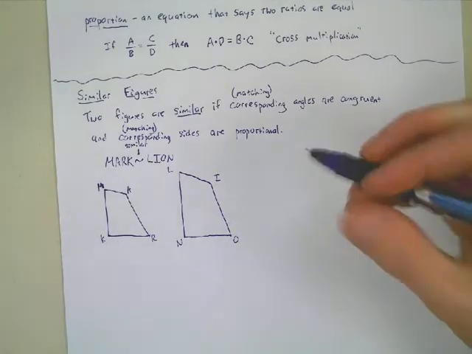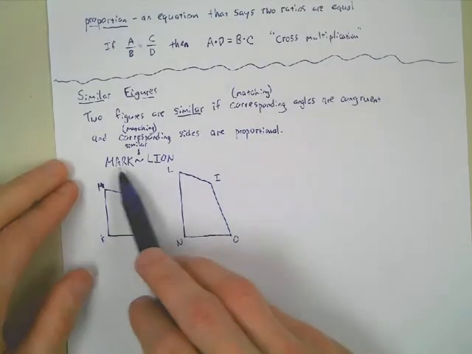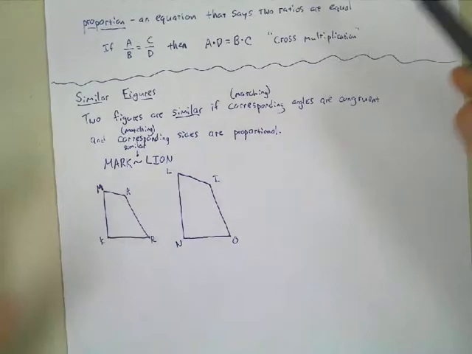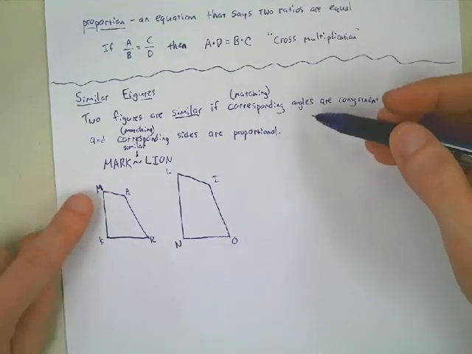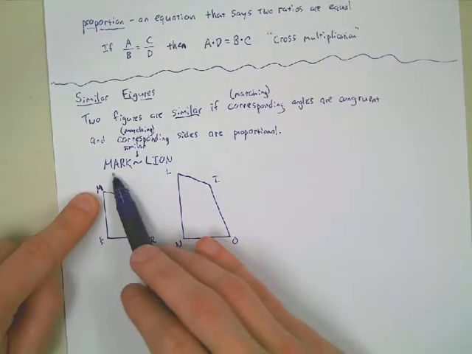here, okay, we can use this similarity statement to find corresponding pieces. So, for example, angle M, according to my similarity statement,